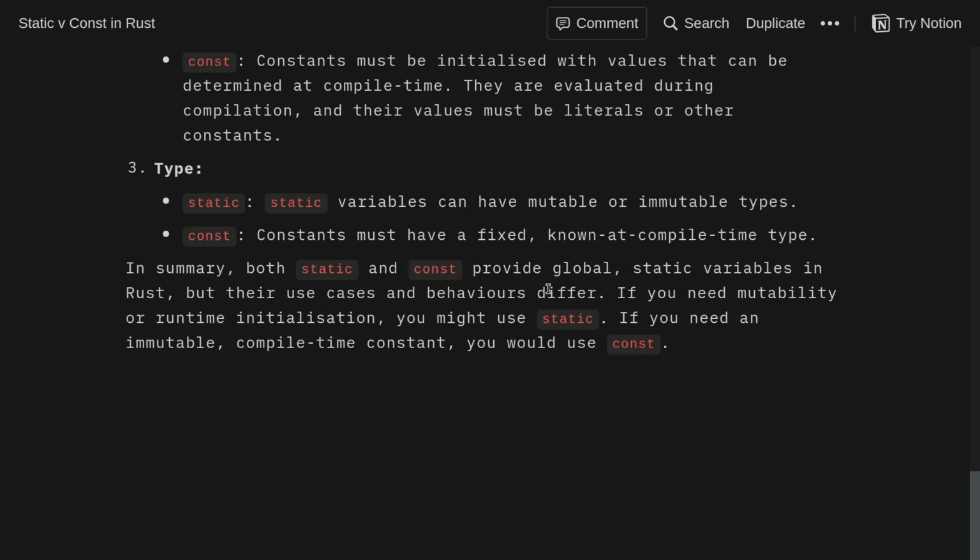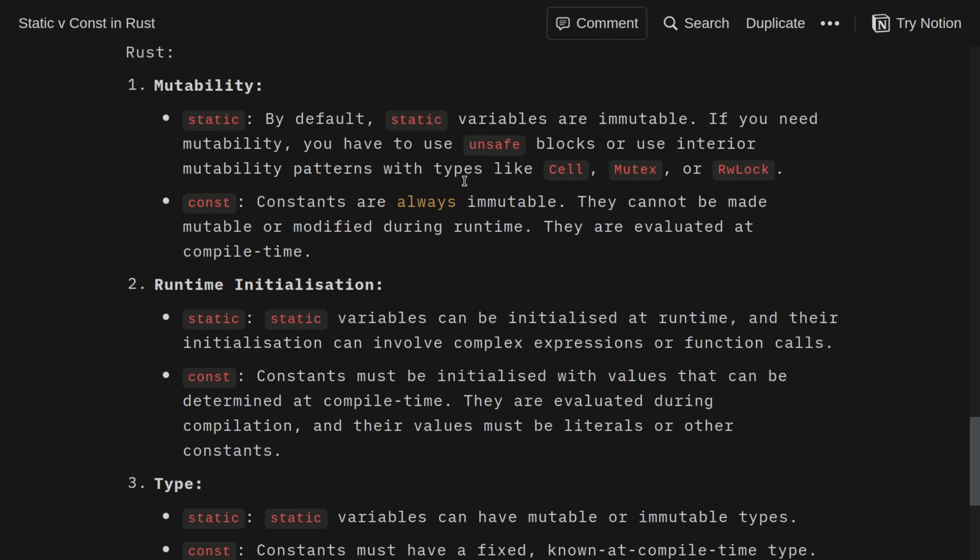And in summary, if you need mutability on runtime initialization, so if you need to modify during runtime, you might need to use static. If you need always immutable and it's known at compile time, then you'd use constant. But as per the documentation, they pretty much say use constants in general as a rule of thumb. Use a constant unless you need something which constant can't do for you. So yeah, constants,